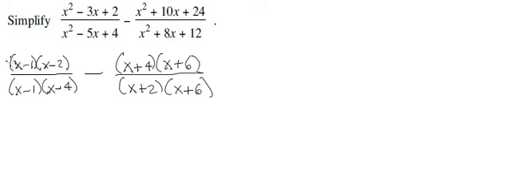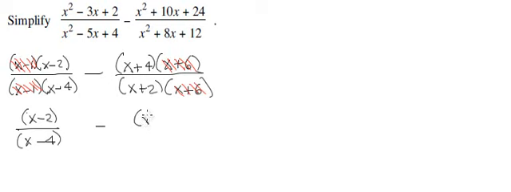We have x minus 1's here, which we can cancel out. In the second fraction, we have x plus 6's, which we can cancel out. And now that's much better. Just rewrite this with the surviving pieces. Now we have x minus 2, x minus 4, minus x plus 4,